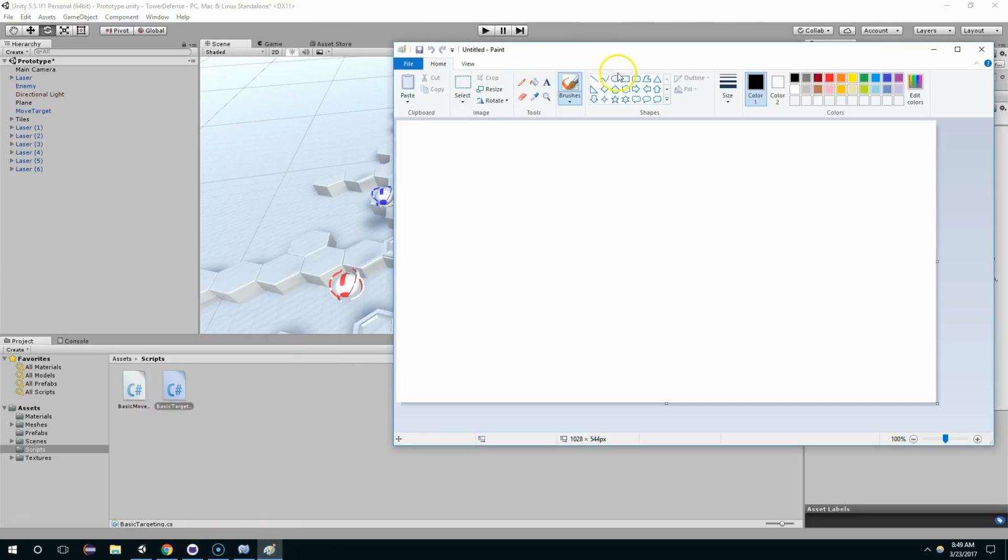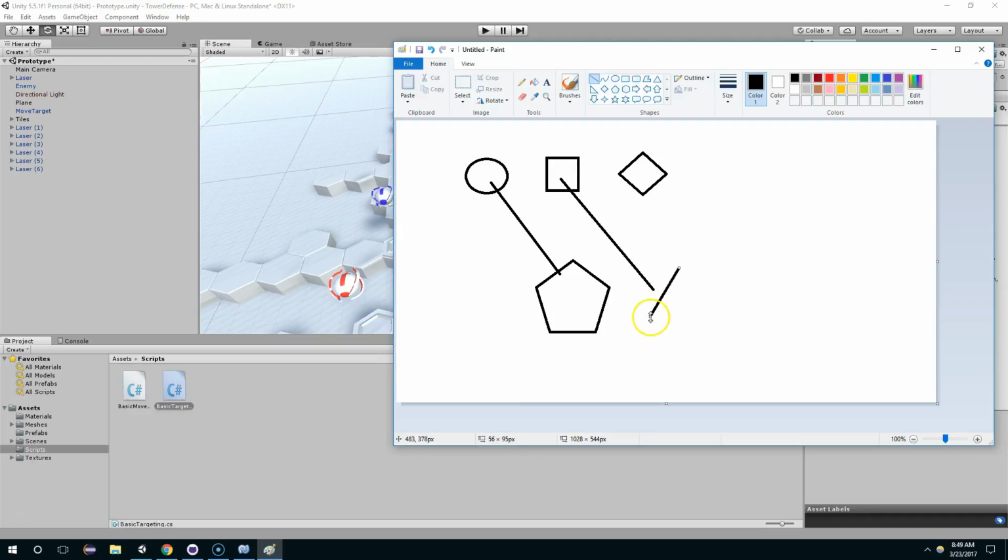And the reason for that is, let's say this is the laser, and this is a missile turret, and this is like a slowing turret, and then we'll just say this represents our targeting script. If I take our targeting script and add the laser behavior to it, then it's going to be kind of limited. Like this is just going to be a laser. And now if we want to make the missile turret, we're going to have to create some sort of new targeting functionality, and we could create the same targeting functionality, but then it's just like we're duplicating the same code,